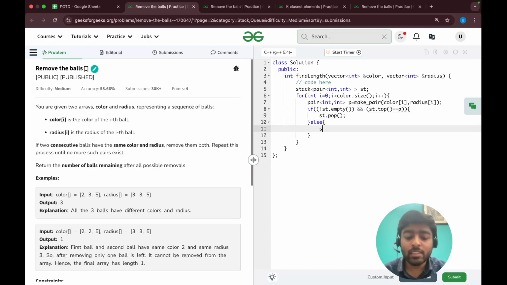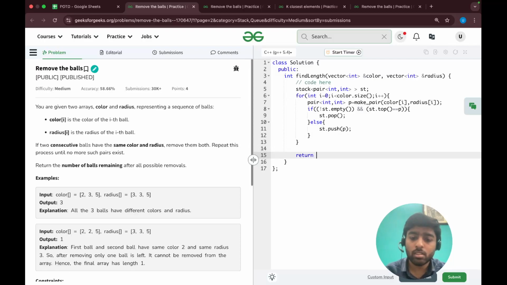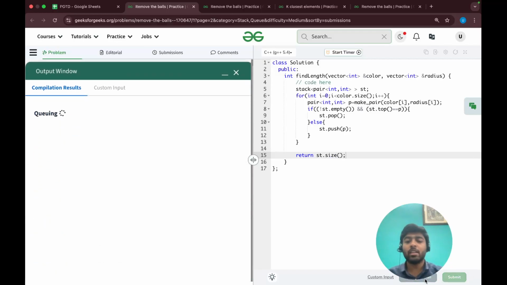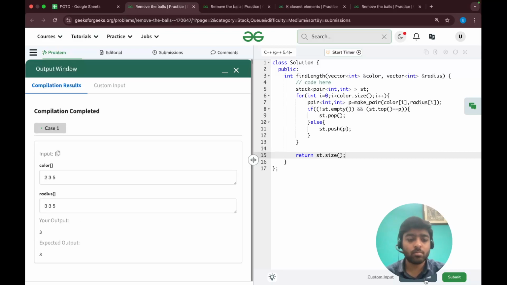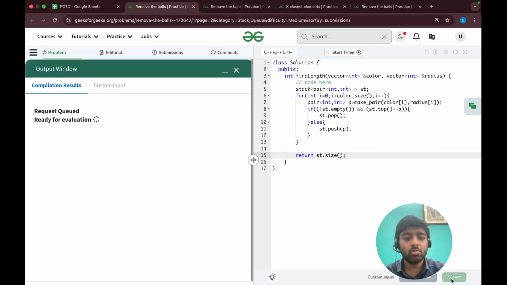Else, in the other case, I will have to push this pair value, so st dot push this pair. In the end we will return st dot size. Let's compile and run this solution. Submit this solution.